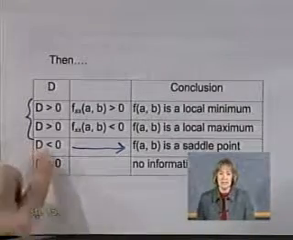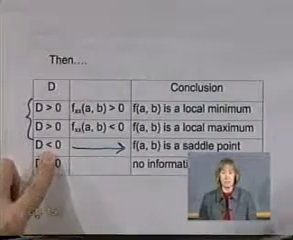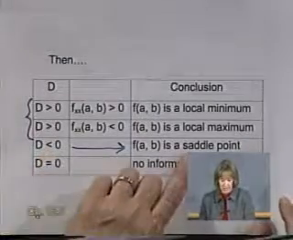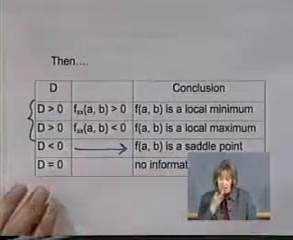When D is less than 0, it means that no matter how you slice it, there'll be some slices that will be concave up, some slices that will be concave down, and so you're not a max or a min. So in summary,